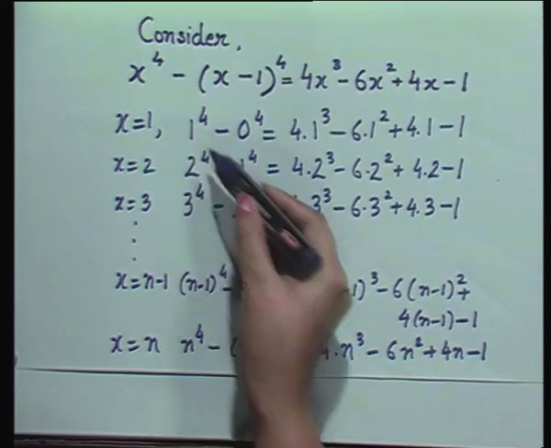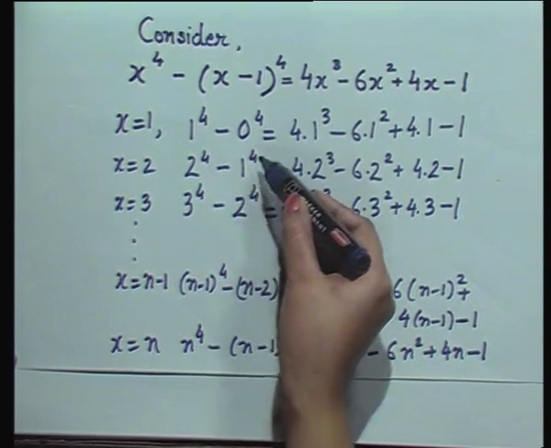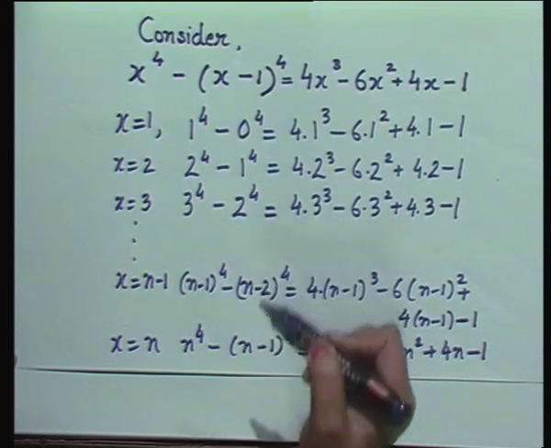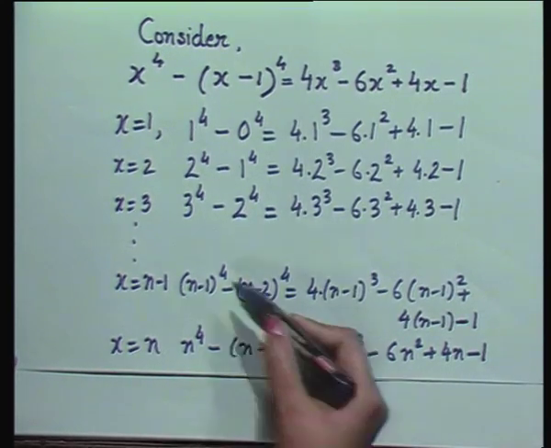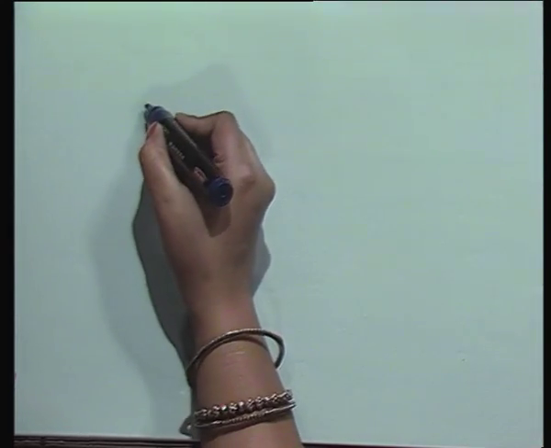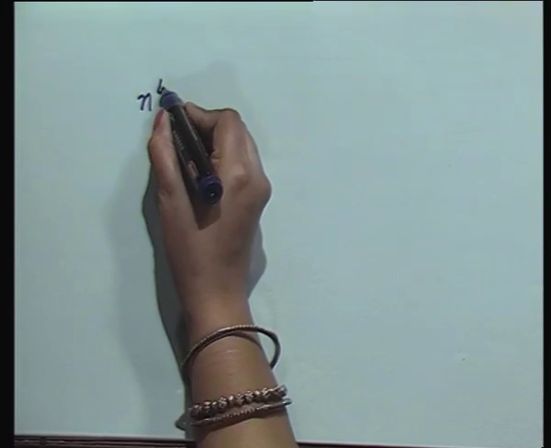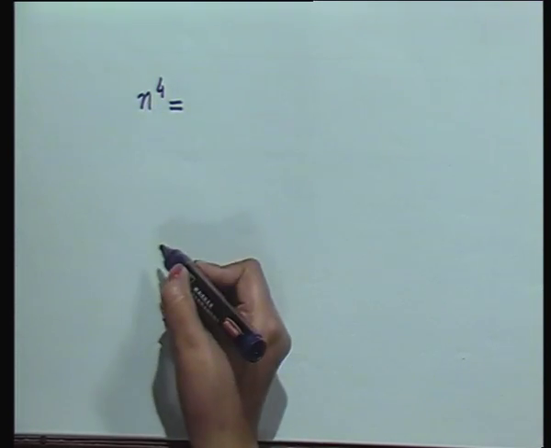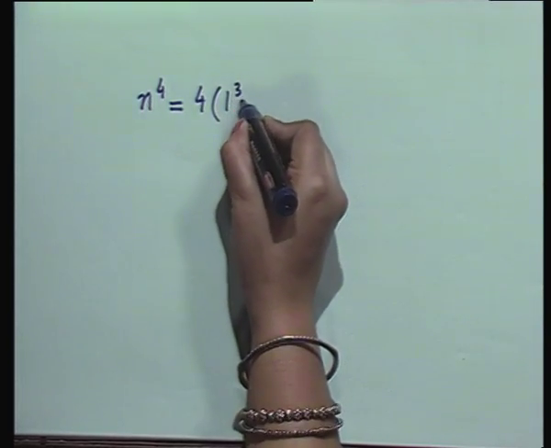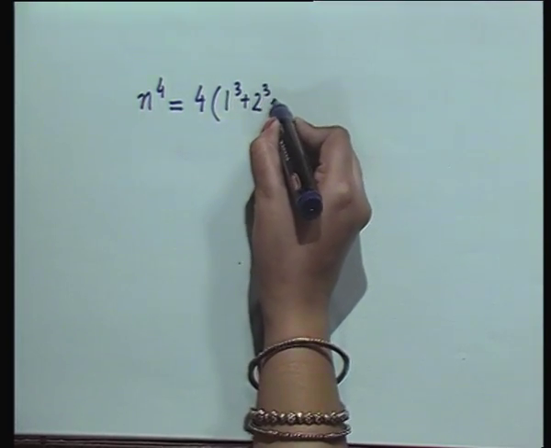Left hand side, on adding, 1 to the power 4 will get cancelled with minus 1 to the power 4, 2 to the power 4 gets cancelled with minus 2 to the power 4, and so on. That will leave you, on adding column wise, only n to the power 4 on the left hand side,